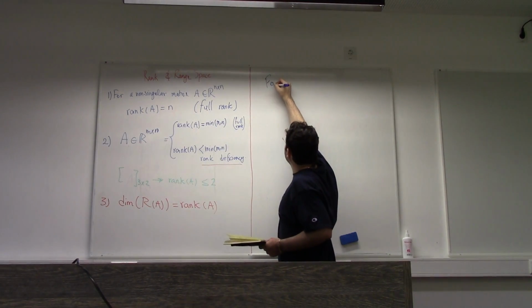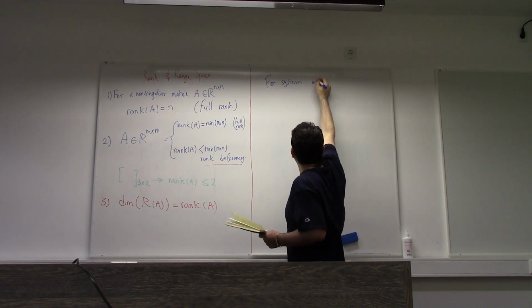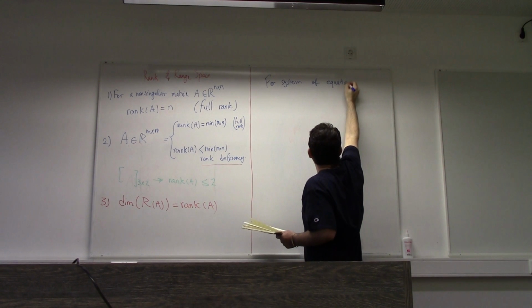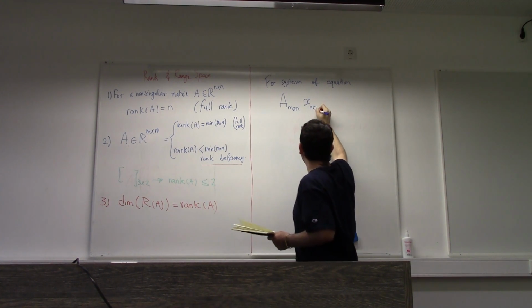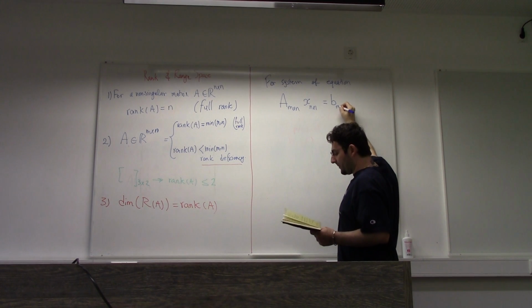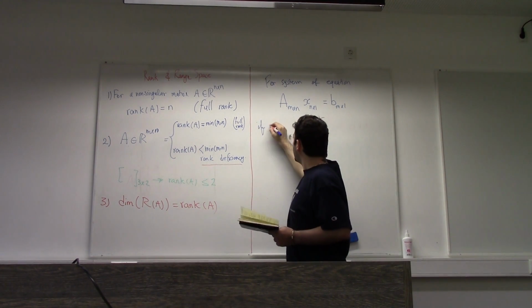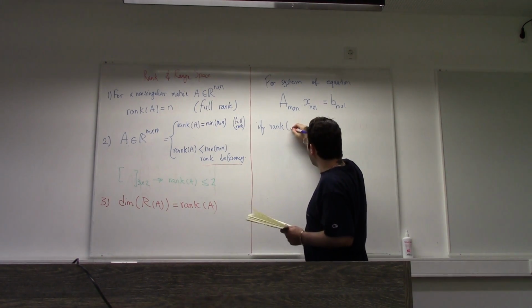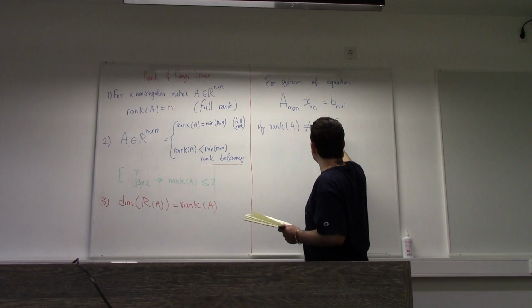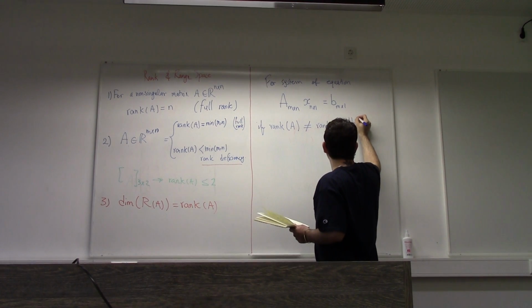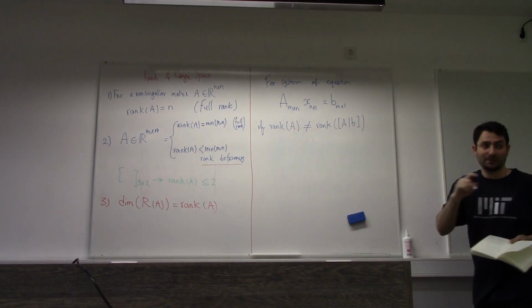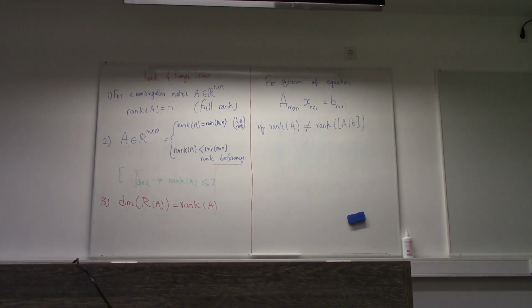Now for a system of equations, which is A, m by n, multiplied by x, n by 1, is equal to b, m by 1, if rank of A is not equal to rank of this new matrix, which is concatenating b to the end of our matrix A,